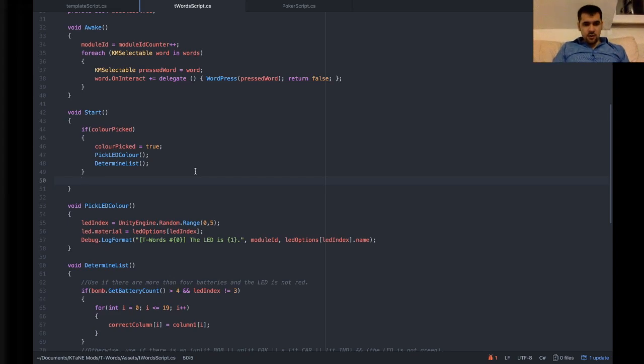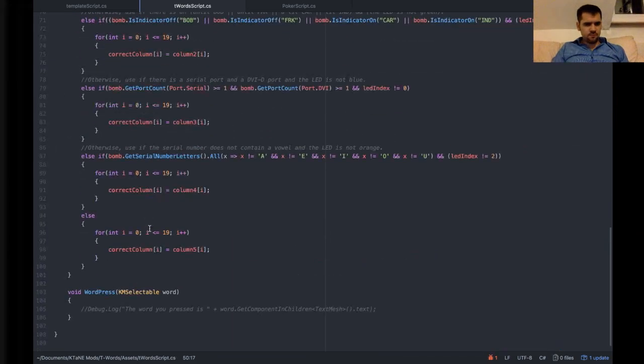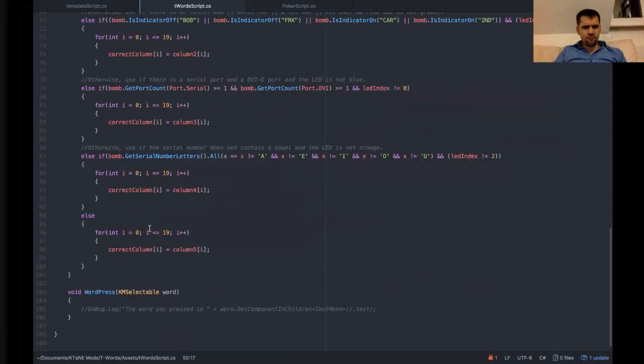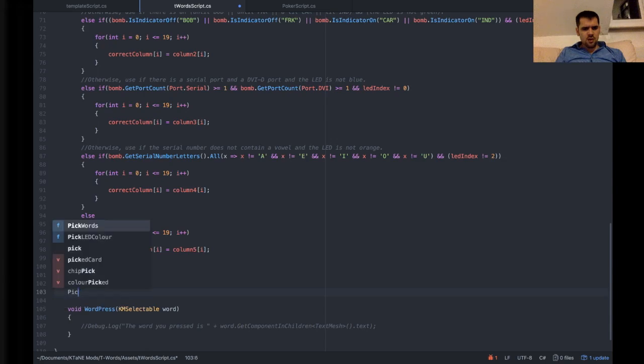Okay, final thing, and then I am going to call it a night and pick up this stream another time. Pick words. And this is the exciting bit, because this is actually going to start looking at the screen and changing the module rather than just looking at code. So we want a new void, pick words,